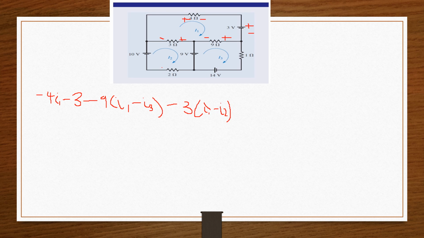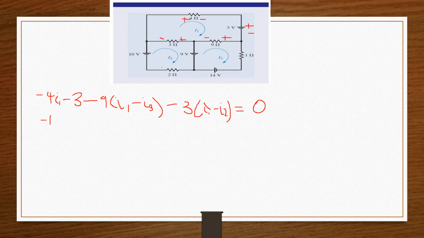So you have I1 minus I2. Now, according to the Kirchhoff voltage law, we can have this equal to 0, because the algebraic sum of all the voltages in the circuit should be equal to 0. In the mesh analysis, we solve one mesh at a time. So we are done with the first mesh. When we simplify this, we are going to have